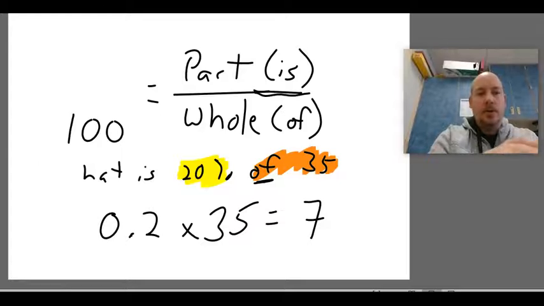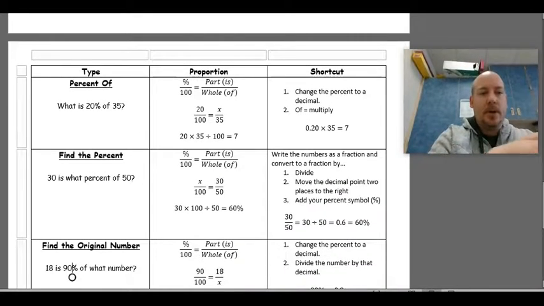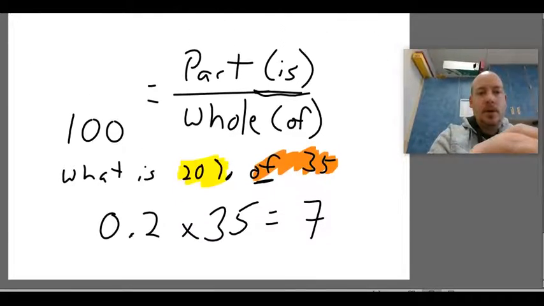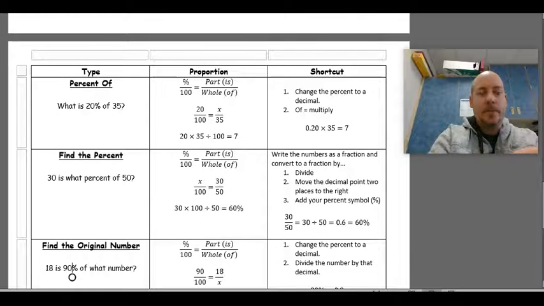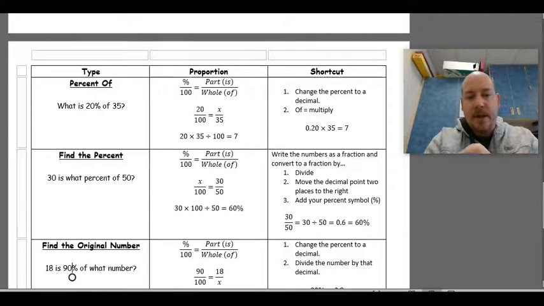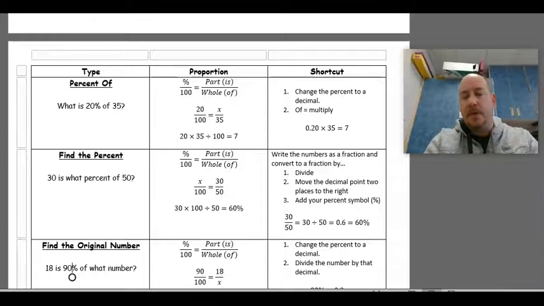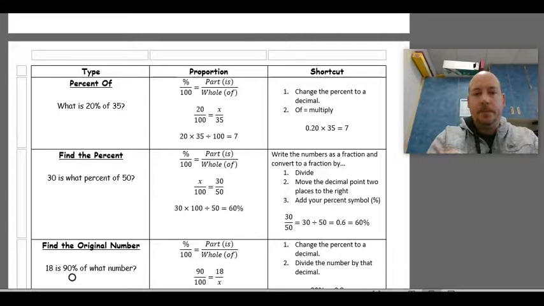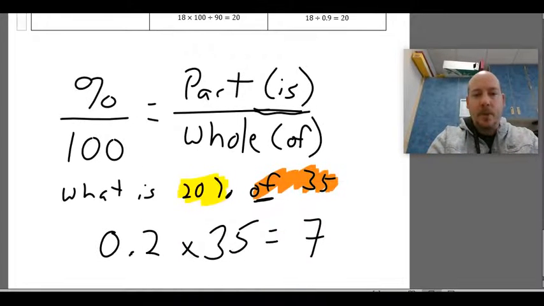All right, our second type of problem is find the percent. 30 is what percent of 50? So you're shooting 50 free throws, you make 30, or you get 30 out of 50 on a test or something like that. Okay, so again, if we use that proportion,